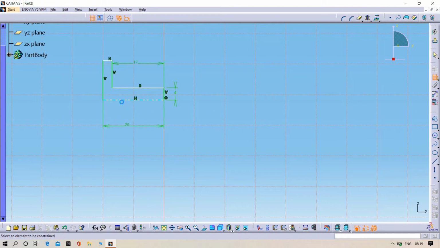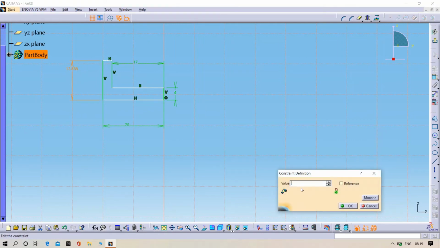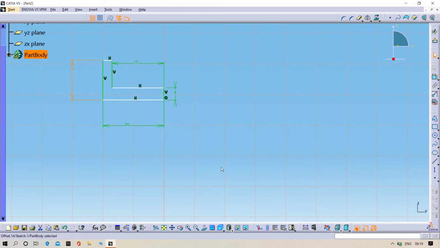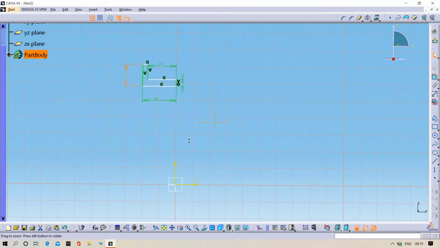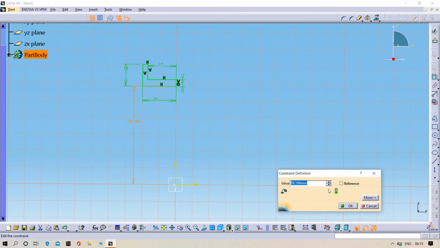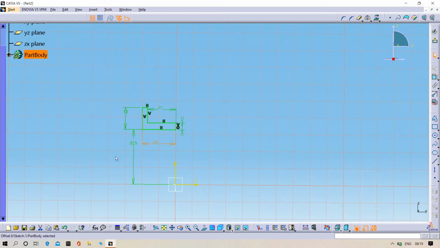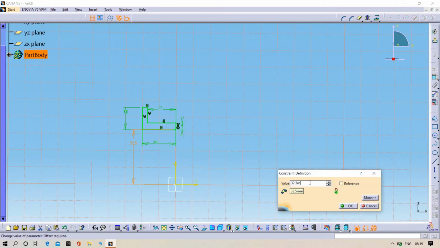Yeah, this height is perfect. 30. And then give this distance 65, which is equal to -4.